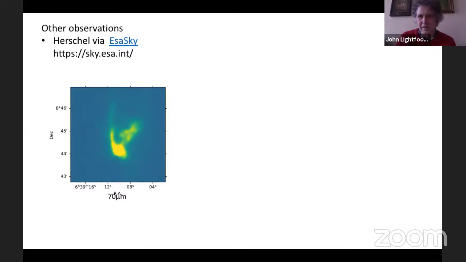It's not just the fact that all of ESA's spaceborne data is there for anyone to find, but it also has a really good link to literature sources for any object that you can think of. So my story about John Edward Mellish, which I started off with, I found through ESA Sky, which I would never have found otherwise. Anyway, this is what the object looked like at 70 microns.